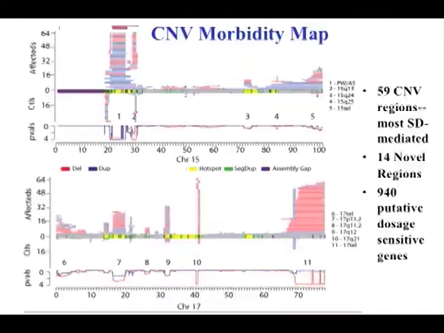So once you get all this data together, you can build what we call a morbidity map. So what we're doing here is we're taking all the CNVs that we see in patients, and we're basically creating a map. So everything above the line here represents affected individuals, blue indicating duplications, red indicating deletions, and everything below the line represents the controls, the adult controls. And you don't need statistics. You can just look at this map for a given chromosome. So this is chromosome 15 at the top, and you can see the landscape looks very different.